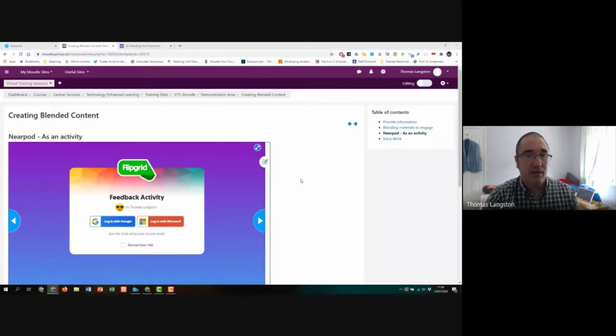Exactly, it's nicely self-contained, but it is a presentation tool. It's not something else, and it's a presentation tool, sorry, that has interactions that you can build in. And from